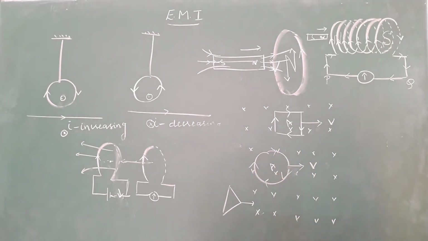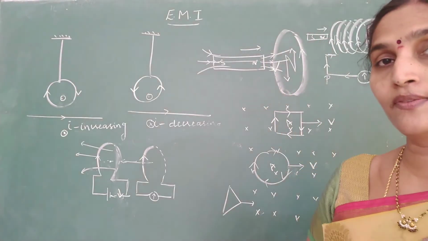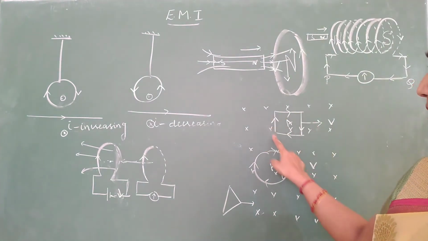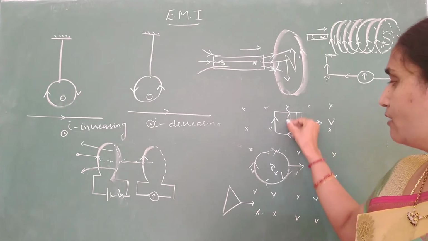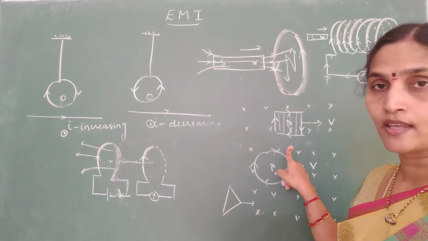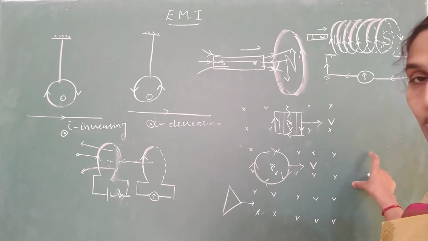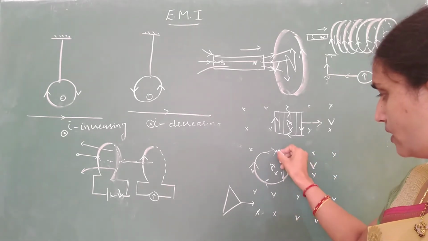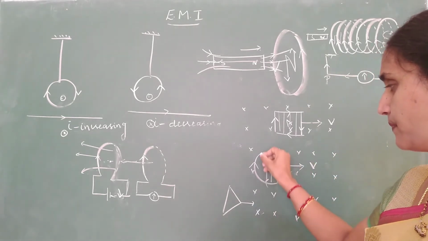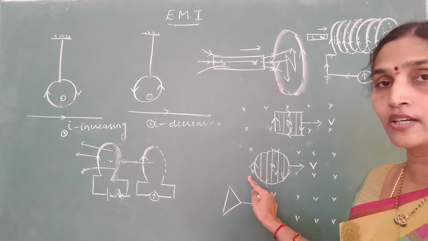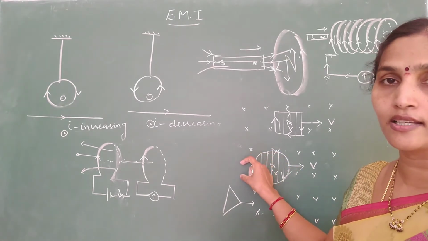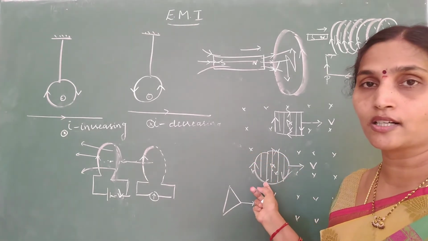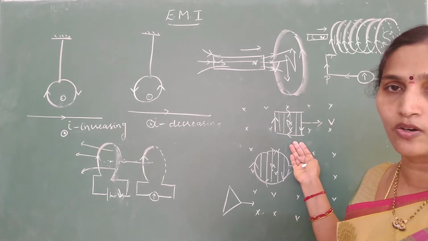This is the direction. Now in which of these two cases will more EMF be induced? EMF induced is uniform in the case of the square loop, because the square loop comes out covering equal area in equal intervals of time. Whereas when a circular loop is coming out of the magnetic field, if I draw these vertical lines equidistant, is it having a uniform area coming out in uniform time? No, the areas are different. First the area will increase and then the area will decrease. So the EMF induced will be more in the circular coil when compared with a square coil.